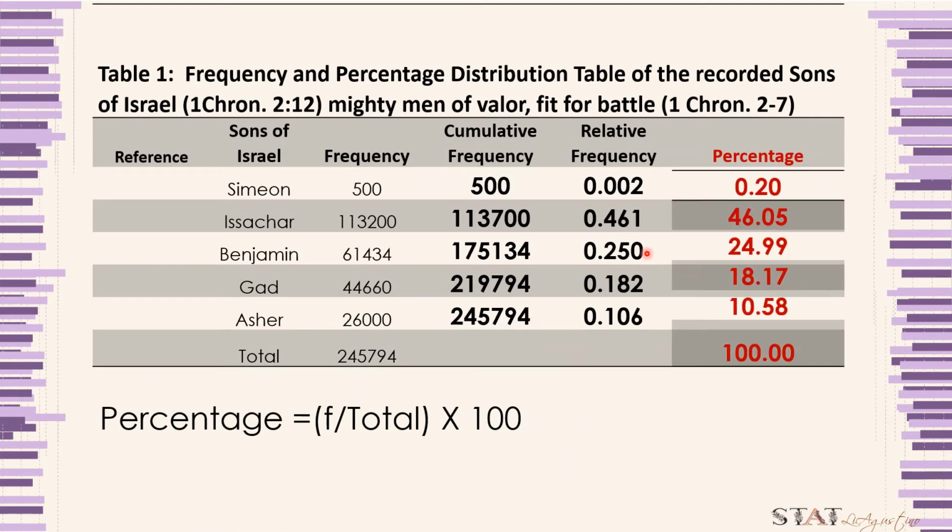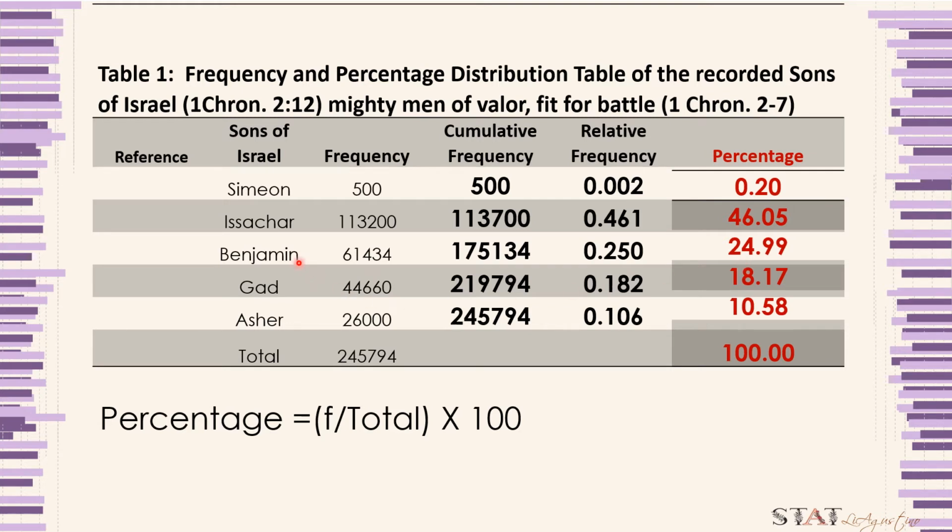Okay, so for Issachar, 113,200 divided by 245,794 is equal to 0.4605, times 100 is equal to 46.05. In other words, in the mighty men of valor fit for battle, 46.05% of them are from the tribe of Issachar,